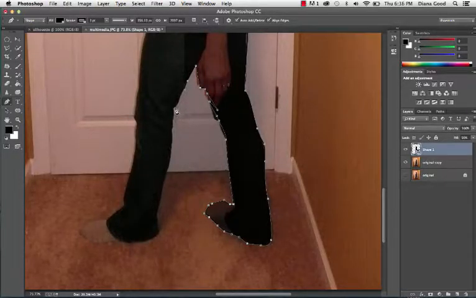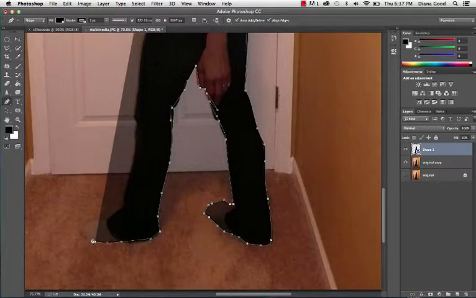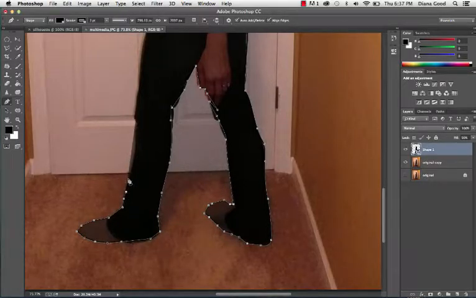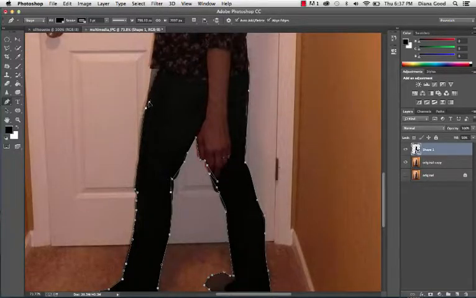Pressing on the command key turns it into the direct selection, and then we can move the anchor points. Okay, we're moving over our object. You can put as many anchor points as you want to be as precise as you want. Like I said, for the sake of time and this being a tutorial on the silhouette, again, with the